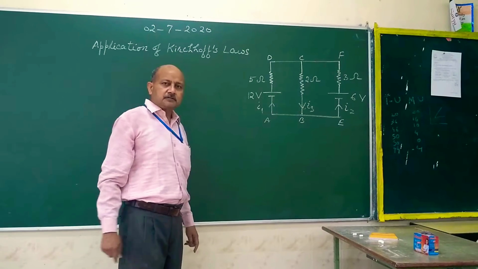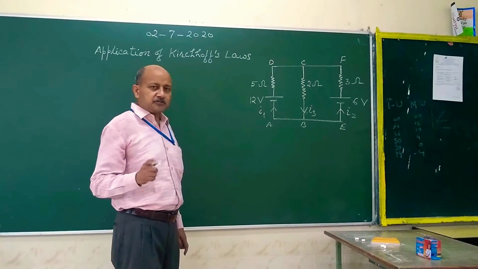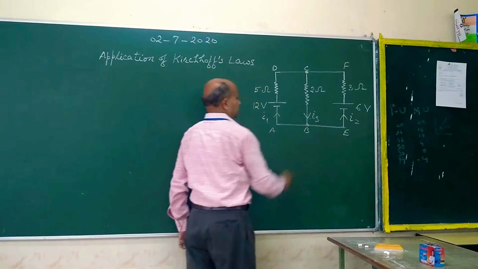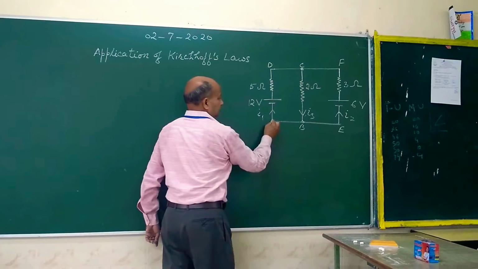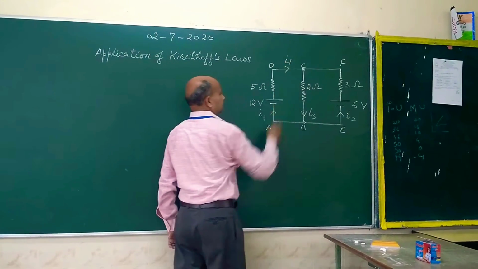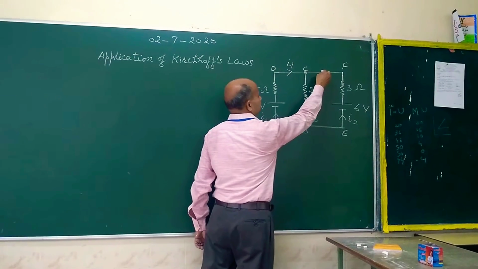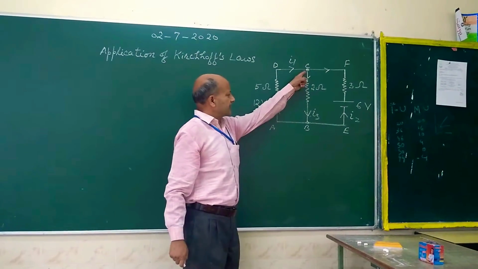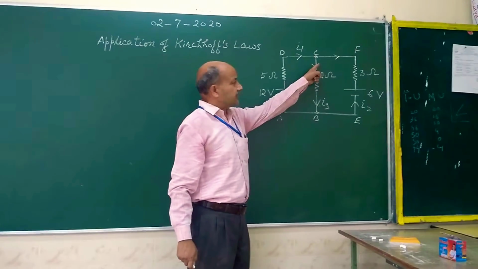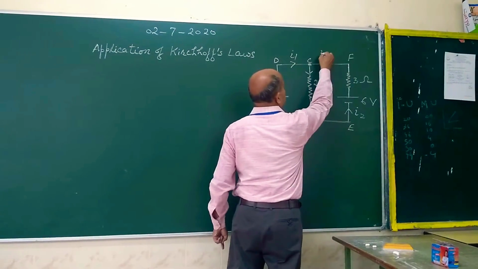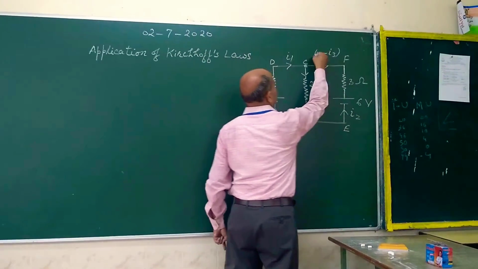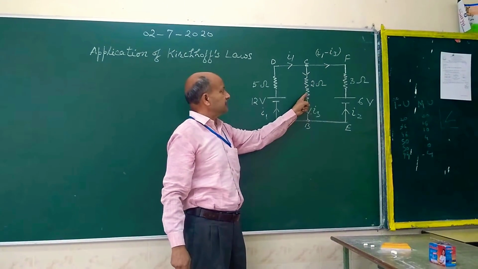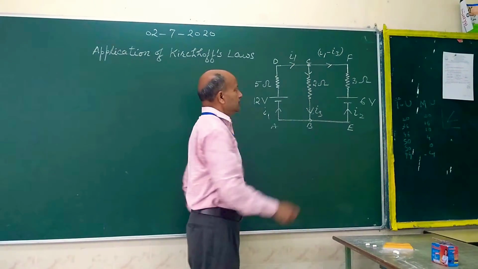So there are two rules. The first one is Kirchhoff's junction rule. So this is one junction, this is another junction. At this junction, the current is I1 in this direction. At the same junction, current divides in two directions. In this direction, current is I3. Therefore, in this direction, the current will be I1 minus I3. This is the main current, it divides at this junction. Therefore, if this current is I3, this current will be I1 minus I3.